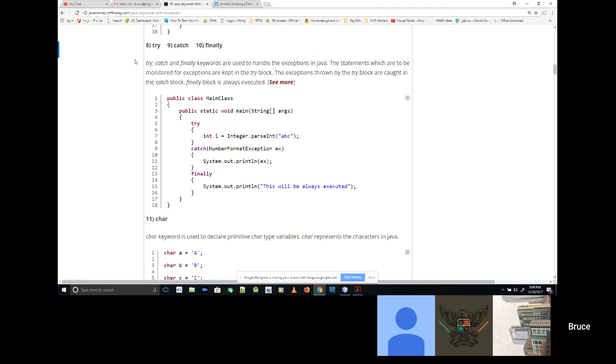Okay. Finally is something that runs whether it's in try or in catch. So basically the finally is for when you say no matter what happens, whether it passes or fails, I want this thing to be done anyway before it completely dies on me, because there might be something important.